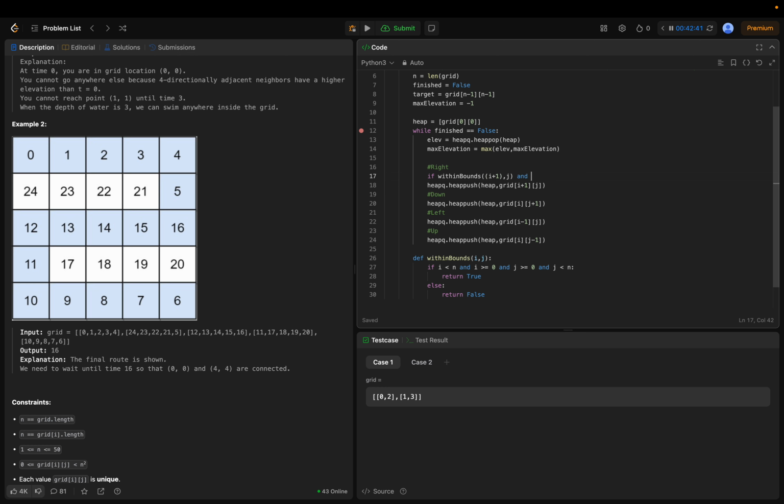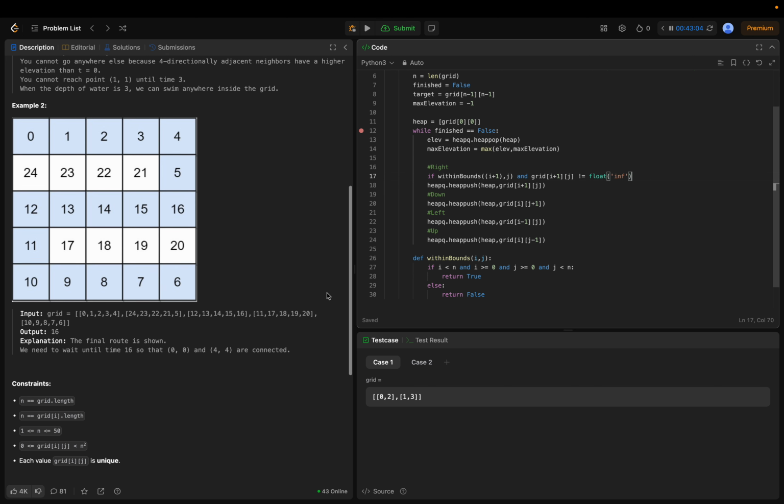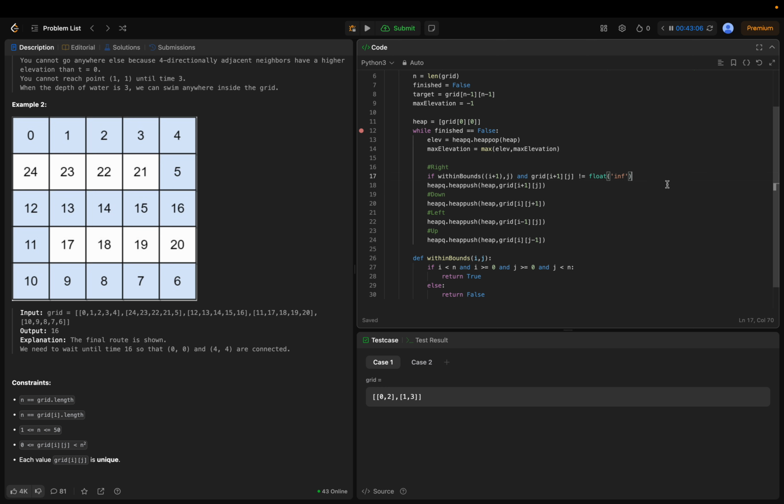And it has been visited before, so grid plus 1. I can do this because I'll short circuit if it doesn't follow the bounds, so it's fine. J is not equal to float infinity, which it will be. It'll only be float infinity after you pop it, so